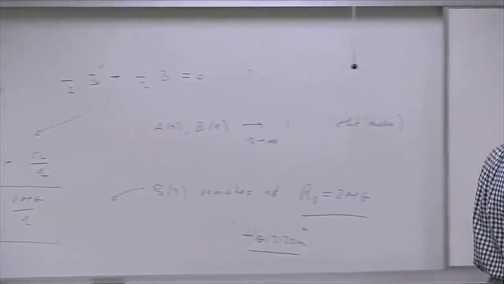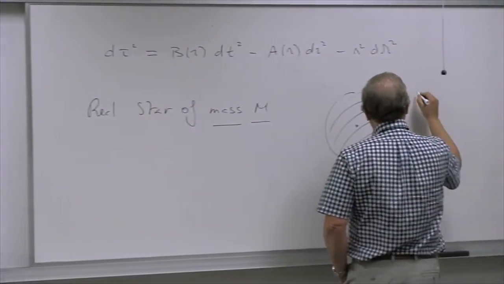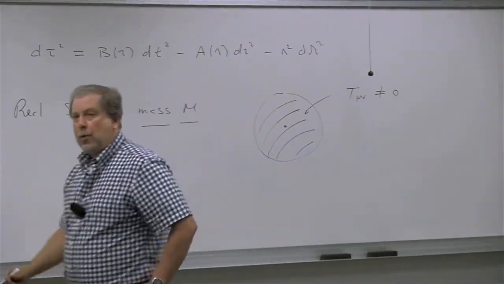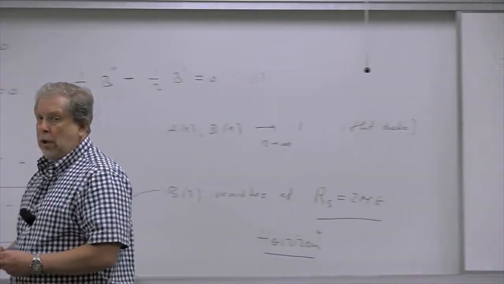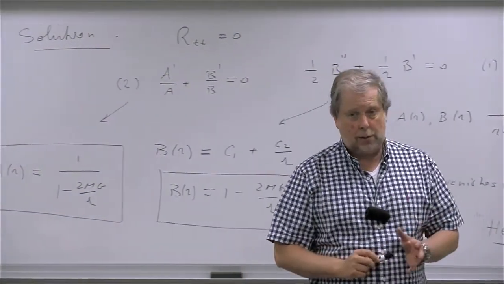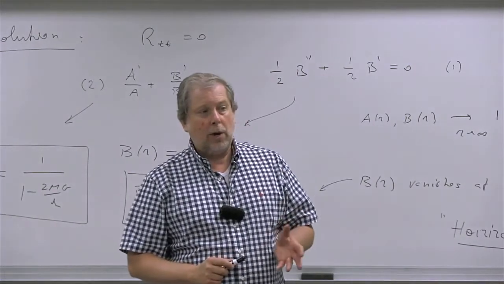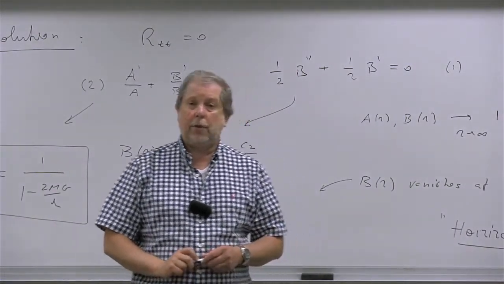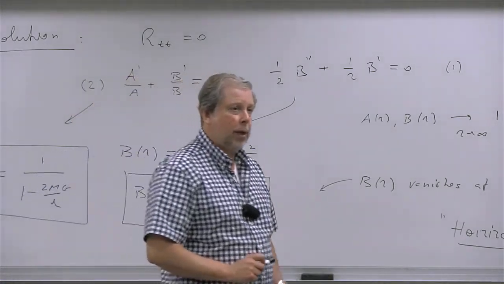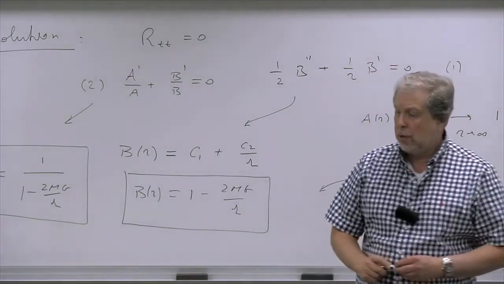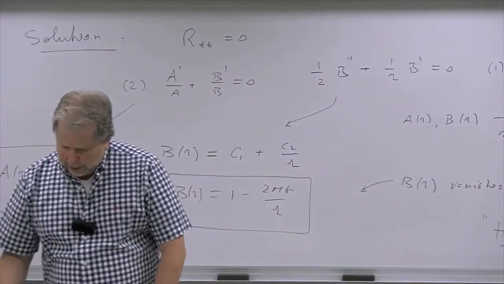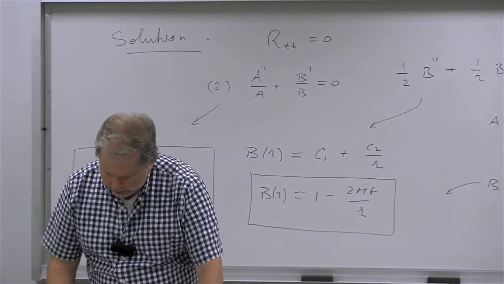The solution will no longer apply because in this region, there's going to be matter of some sort, right? And so that means that the T mu nu in that region will be non-zero, which means that inside the star, you will actually have to use a different set of equations. You have to solve the equations for a static isotropic metric where you have a T mu nu as a source term in the field equations, right? So nevertheless, we can look at what kind of